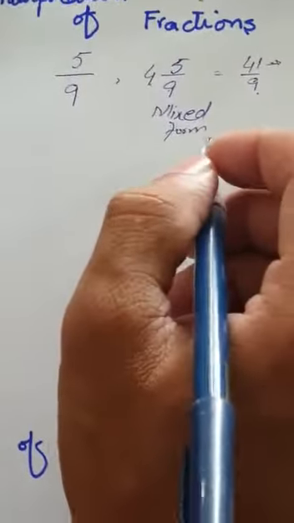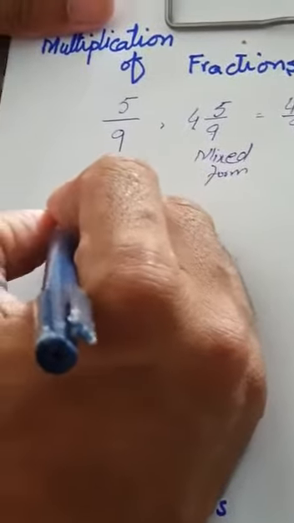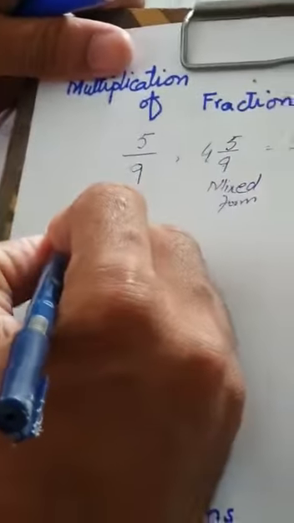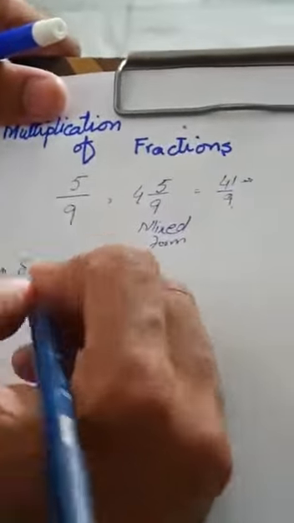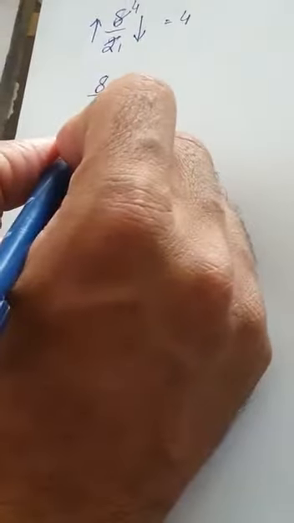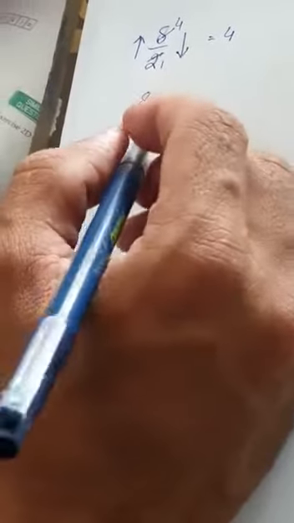In our last lecture, we have also seen we can also cancel out in the fraction. Suppose we are given 8/2, then I have told you we can cut it down like this. We can cut from downward to upward, as well as from upward to downward direction. For example, 2 4s are 8, so 4 will be our answer. Suppose there is one more example. We are given 8/10. As you can see, 10 can be divided by 2 and 8 can be divided by 2. Therefore, we can cut it down by 2. 2 5s are 10 or 2 4s are 8. So 4/5 will be our answer.